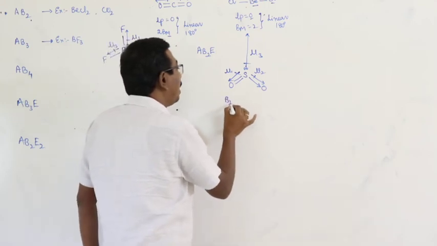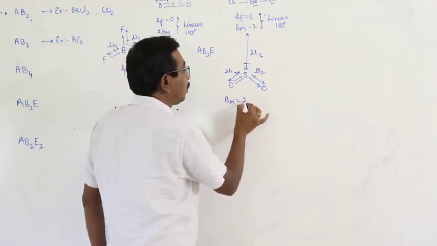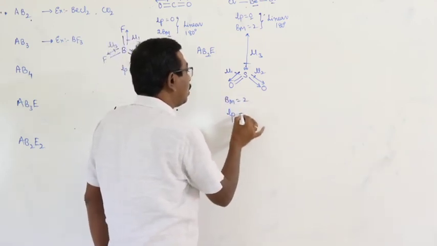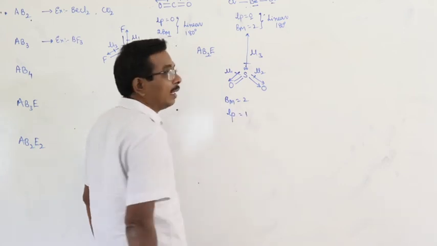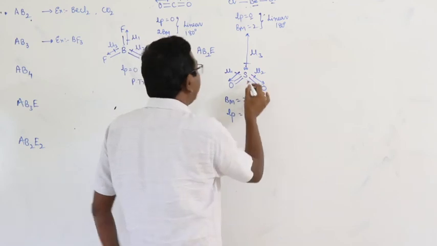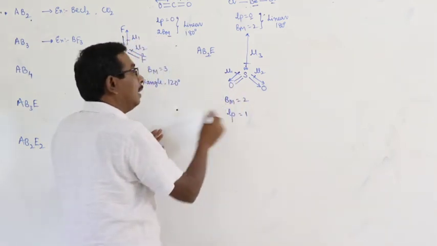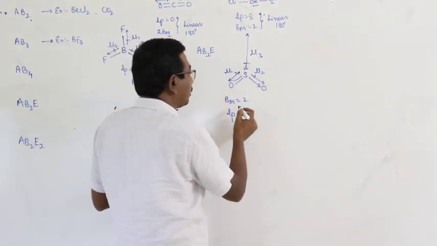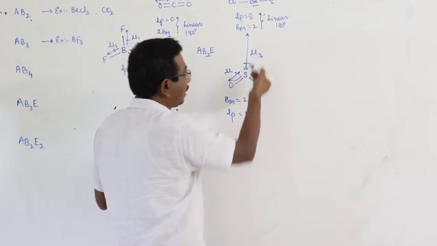Here, the number of bond moments is equal to 2. But here there is a lone pair that is equal to 1. Due to the availability of the lone pair, the shape of the molecule is actually based on the bond moments. The total number of bond moments is equal to 3.